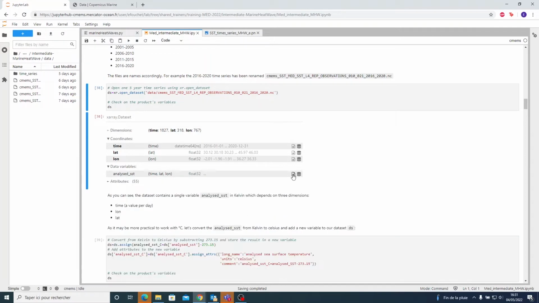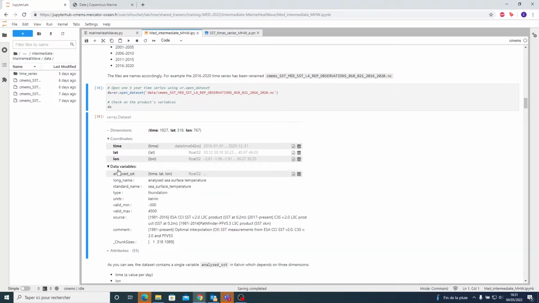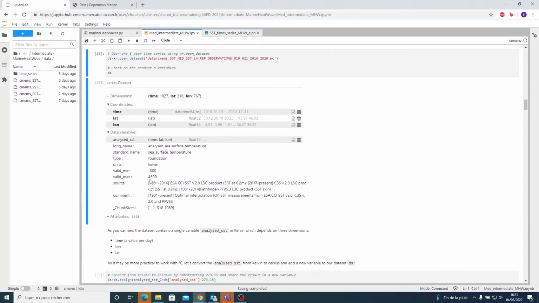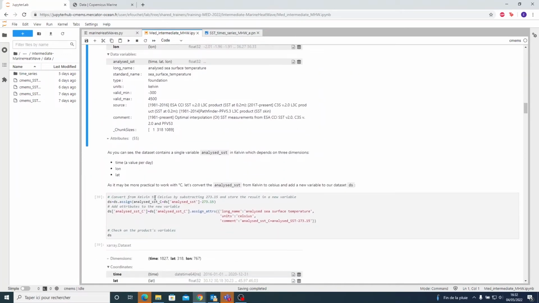If we have a look at the attributes of the variable analysed SST, we can see that this variable refers to the sea surface temperature and that its units are Kelvin degrees. In the next cell, we're going to convert Kelvin degrees into Celsius by subtracting 273 from the first variable,